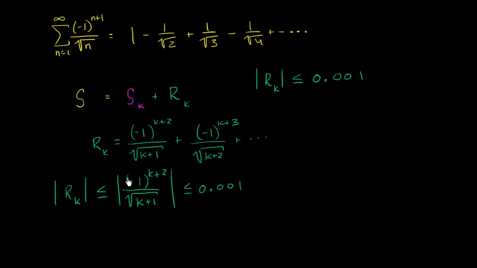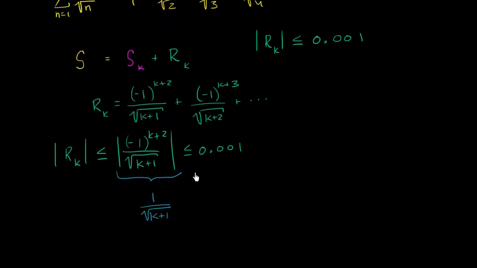But if we take the absolute value, whether it's negative or positive, it's going to end up being positive. So this thing on the left-hand side is the same thing as just 1 over the square root of k plus 1. And that needs to be less than or equal to